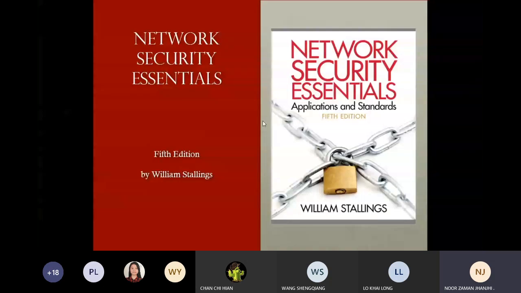So today we are going to discuss network security essentials. So we need to understand in more depth about network security, specifically about network security. And then we need to see the more things which are concerned or linked with the security essentials. We are taking this presentation from William Stallings, 5th edition.